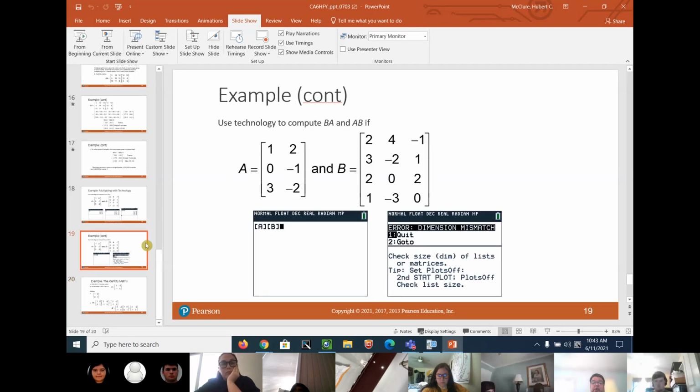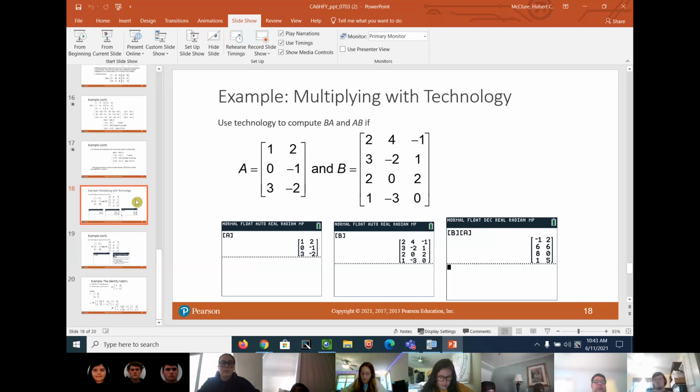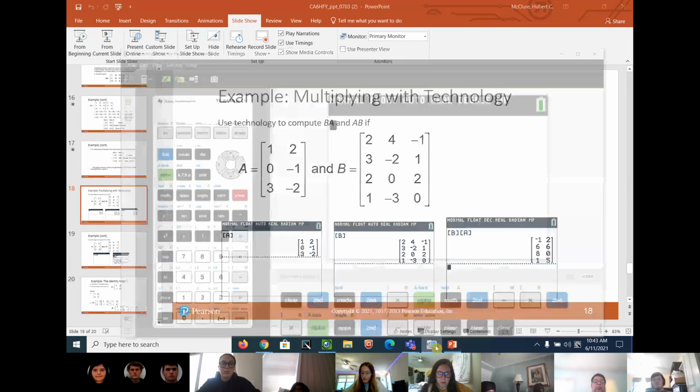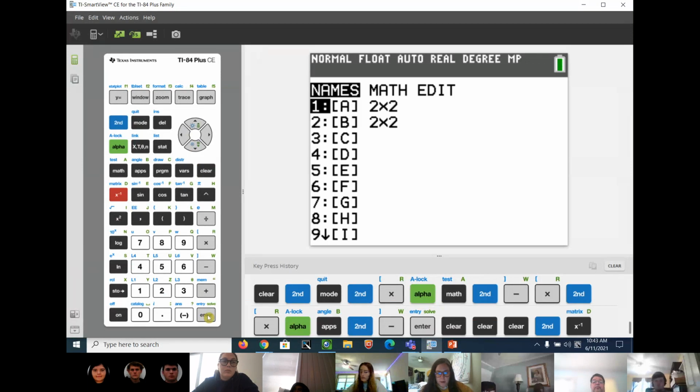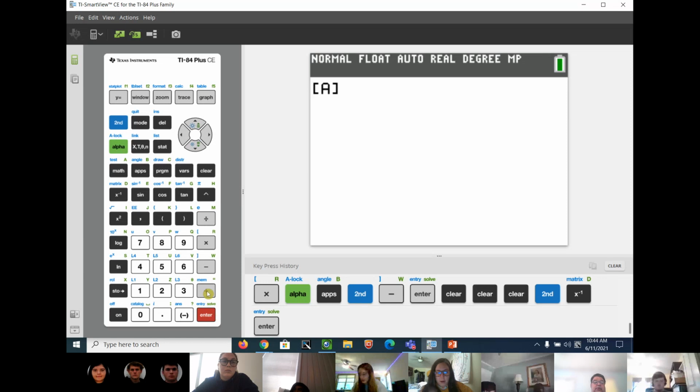Okay. They're trying to do it here, but it says right here, there's the dimension mismatch. Well, that's because you got 3 and 4, you got 2, and you can't multiply it. If you hit second and go to matrix and just hit enter on the names, it'll take it to the calculation screen. Second matrix, and then hit A. Enter. Okay, and then go back and do